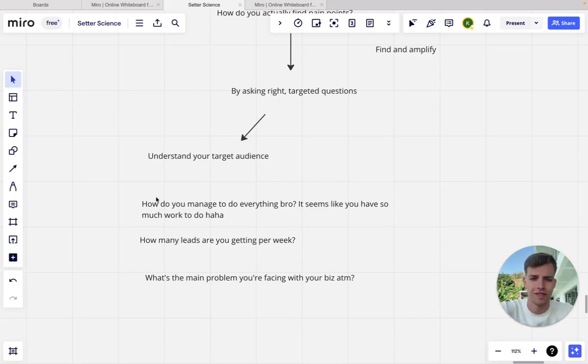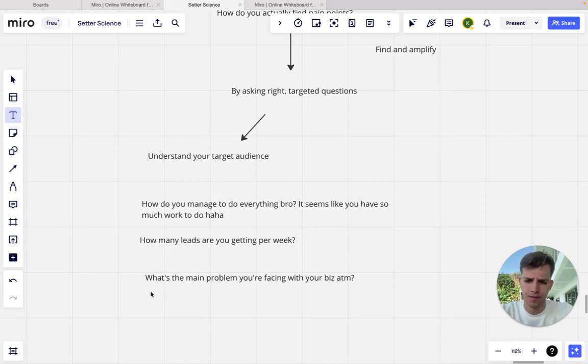I mean, of course, don't just go out and copy-paste these messages, copy-paste these questions, just use your brain, you know. These are just some examples you can use to extract a certain pain point. Try to find things that are more relevant to the conversation you're having with a certain lead. And what I want to include as well, it's important to find pain points. Like I said earlier, some people will give you pain points, others will be harder to get the pain points from. But what's important is that you actually build relationship with those people.